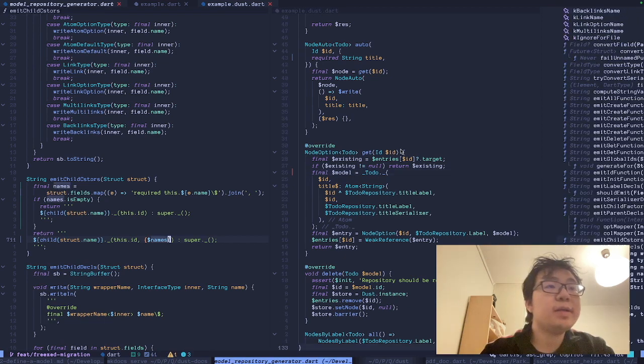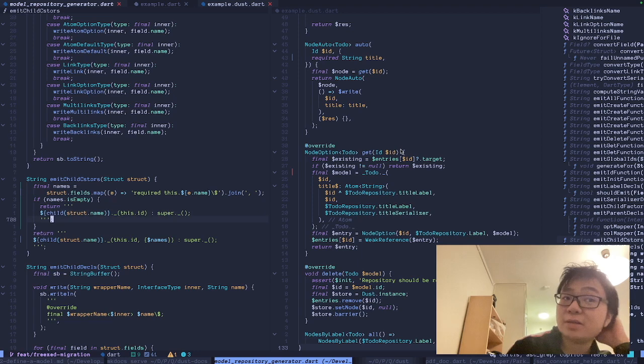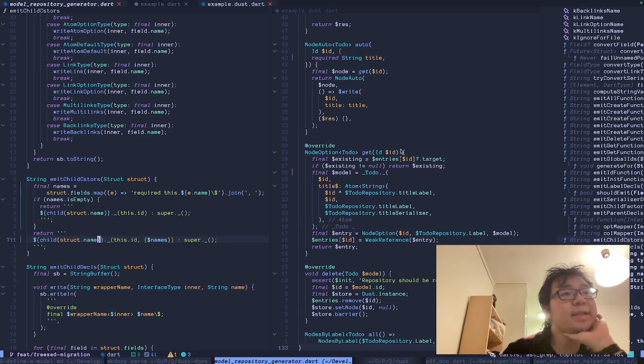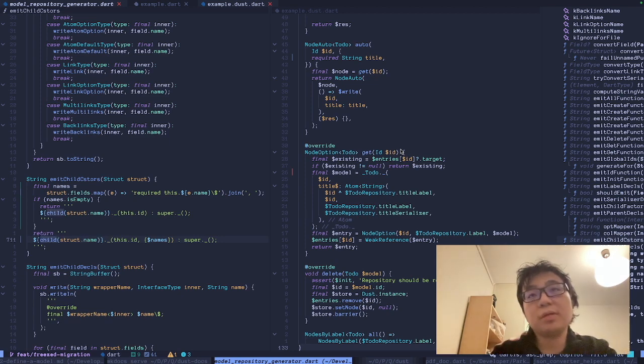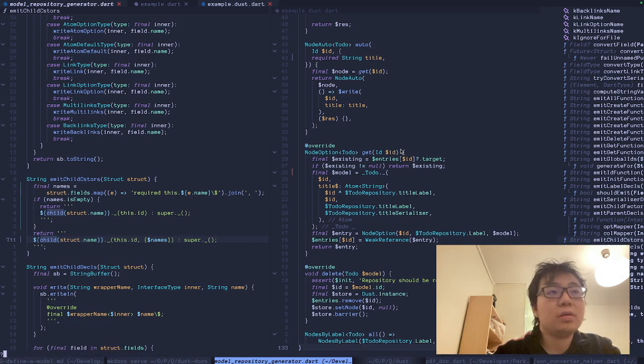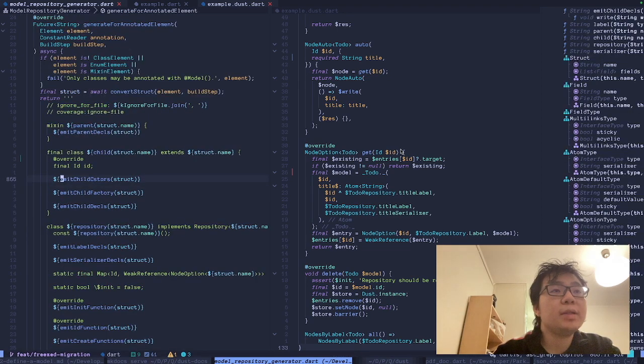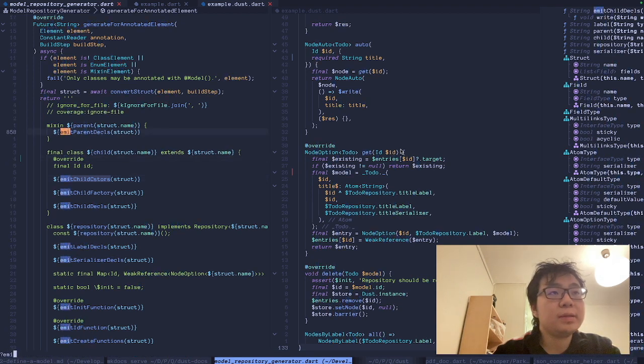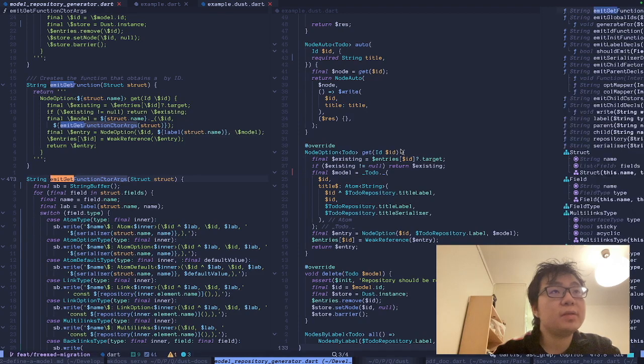Okay, this is the only part that I need to fix. So, emit child constructors. Child struct name. But I did add this in here. And why was it? Oh yeah, okay. So emit child constructors. No, it's in the get. Emit get function. Good. And so you do